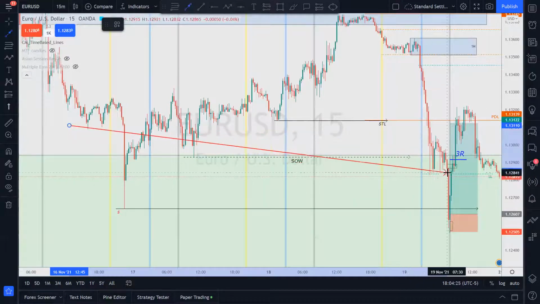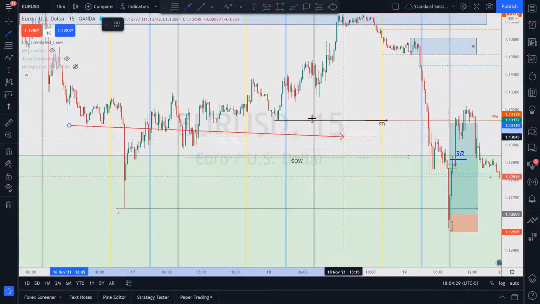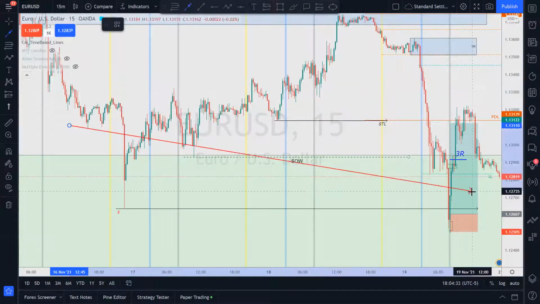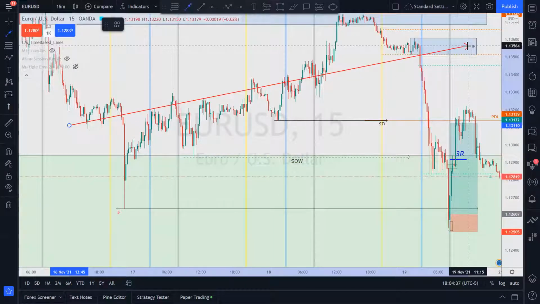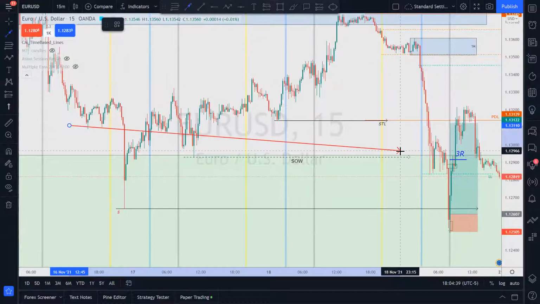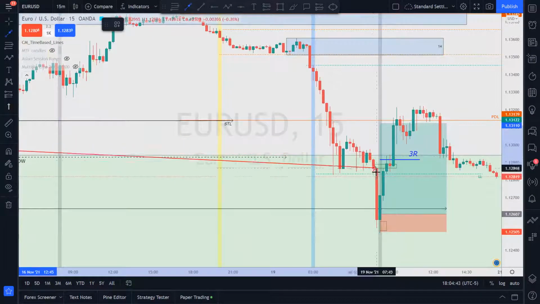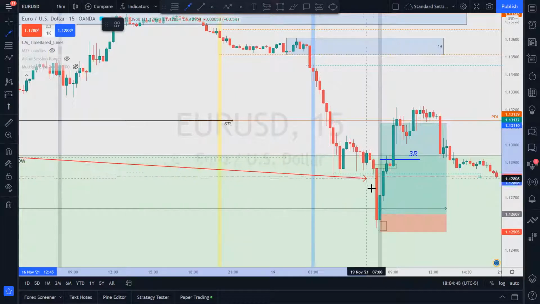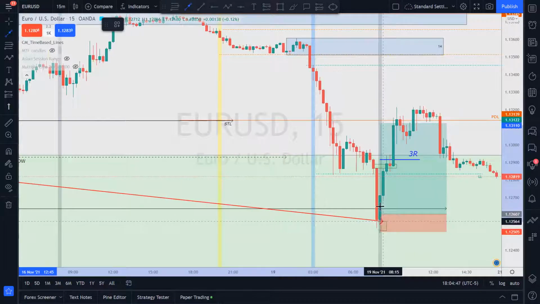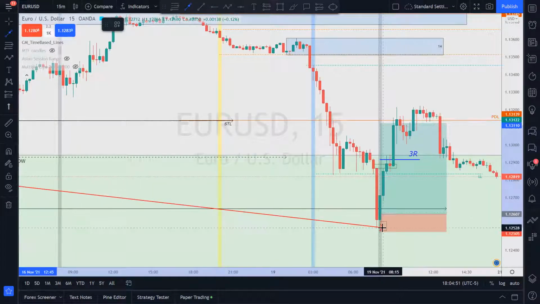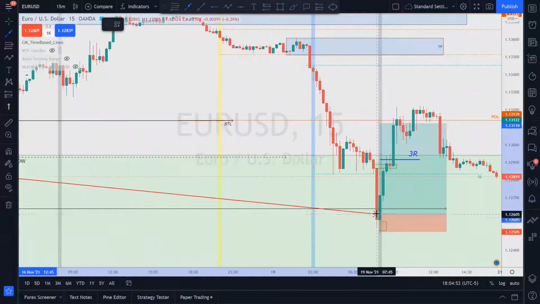Price created these liquidity points here, right? And I was thinking maybe it might do one of those moves, where it creates liquidity and makes the dip down to catch the sell side and then the pop up to catch the buy side. Well, price came down, swept the liquidity, came down even further to catch that one wick low, right? And this is where I got in.